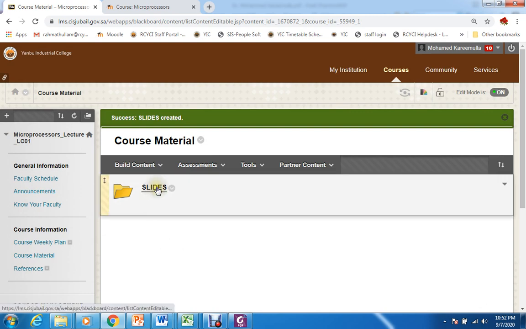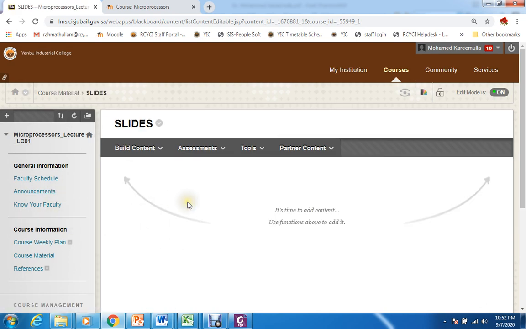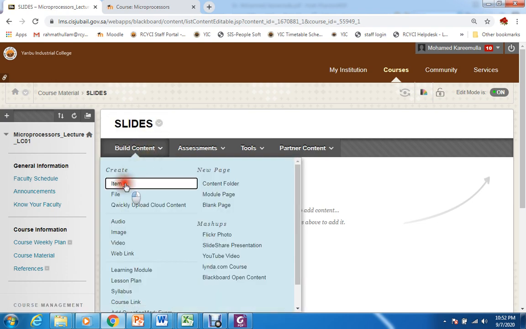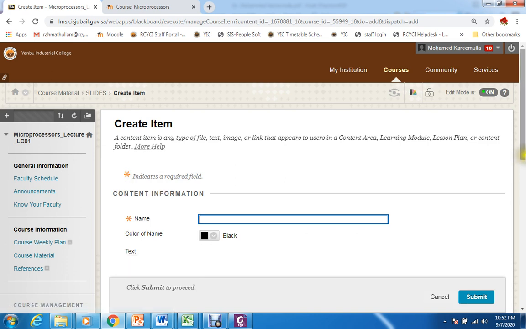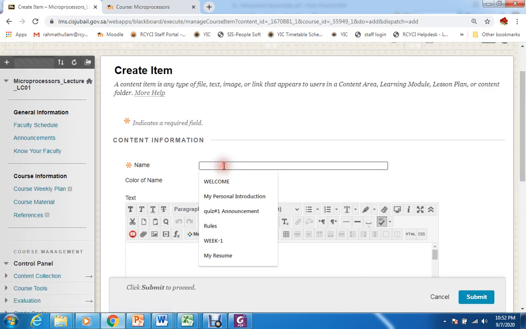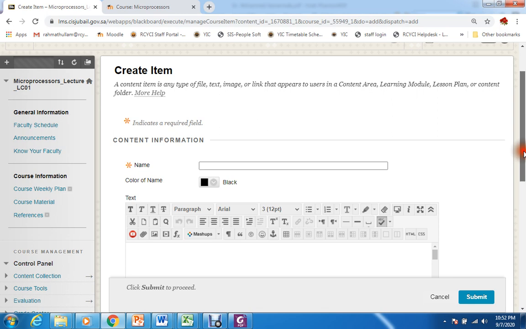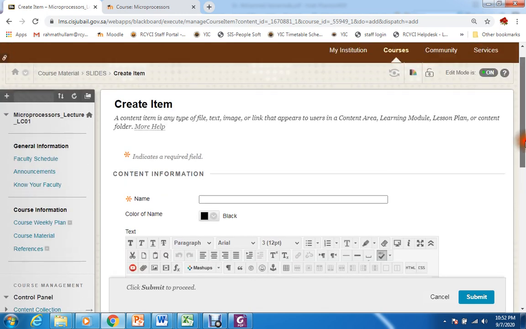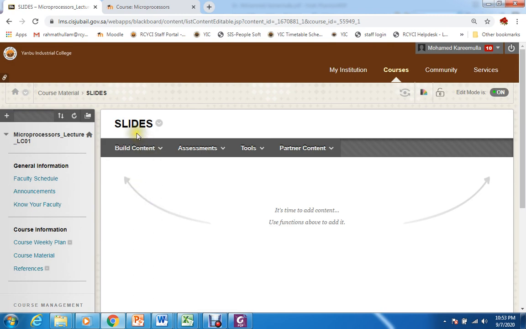Inside this folder, if you click it, you can put your items. You can put all your slides, for example, lecture 1 slides, lecture 2 slides, lecture 3 slides. So all your slides will be in one place, in the slides folder.